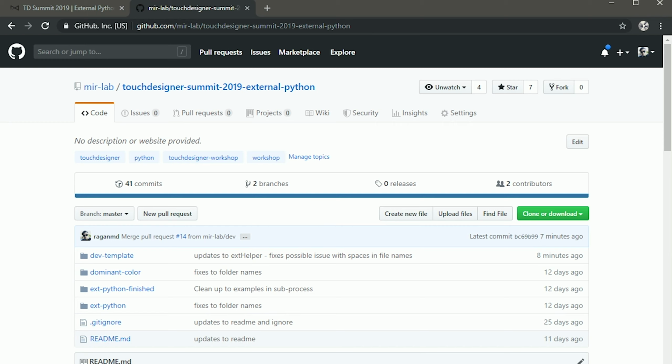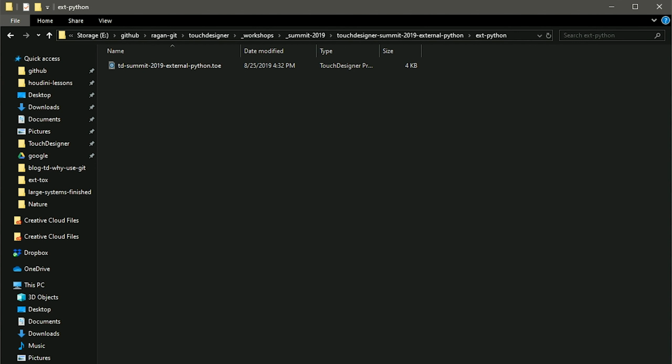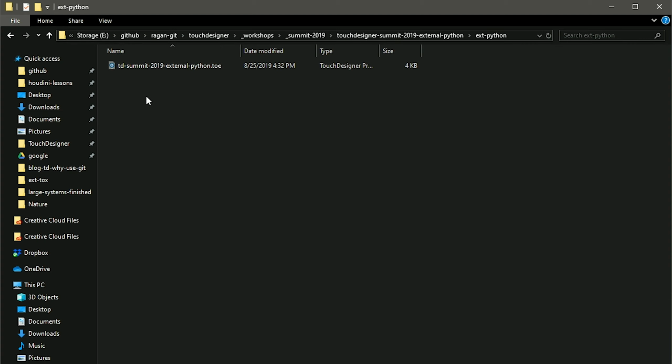And the first thing to do here is to just go ahead and clone or download all the goodies here, because this is what we're going to work from. What is this about? What's going on? What is the goodness here with all the exciting stuff that we're going to fight with? Well, if we take a look at our repo, we'll see there's lots of fun stuff to look at. And we're going to dive in first by jumping into this ext-python, external Python directory,